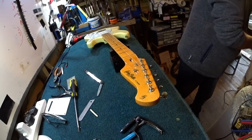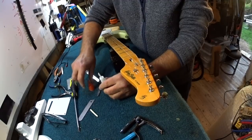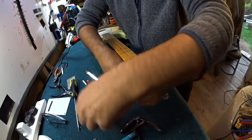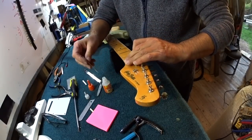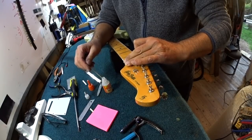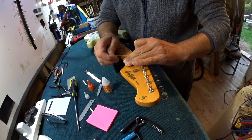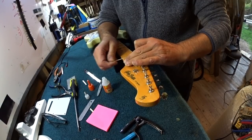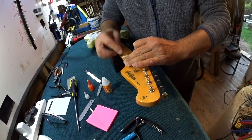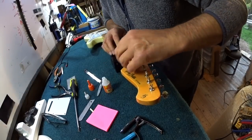Get the glue, get the little cocktail stick for dispensing of the glue. Get this bit off, which keeps the glue a bit longer, keeps it fresh a bit longer, otherwise it turns into this strange sticky monster that climbs out of the pot. It's very bizarre, but it does. Okay, so want to get this into the slot without hitting anywhere else. Get that out of the way, get this in, and pretty much get it bang on first time, because we don't have any real adjustment room time,